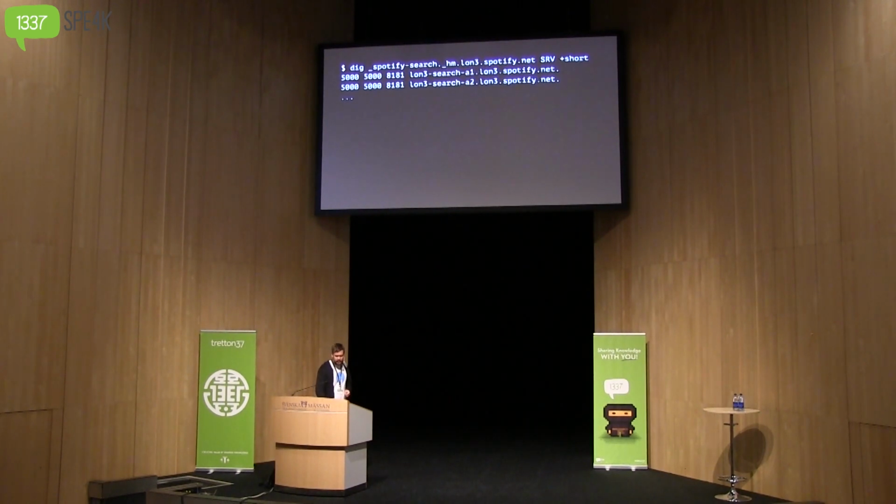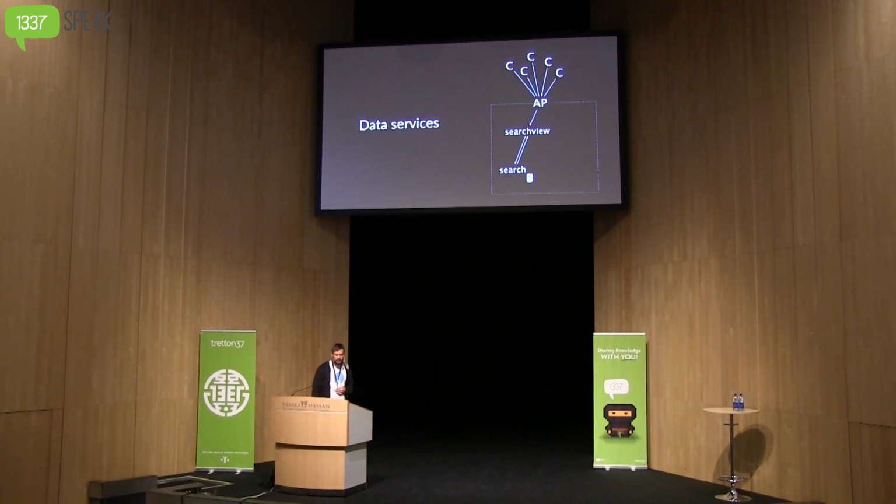So this search view aggregation service, like I said, doesn't actually do anything by itself apart from aggregating data from other services. So we need to have another step here. We have a dedicated search service, and this service knows our entire catalog, and it's based on Lucene, which you might be familiar with. It's basically a big inverted index of this word appears in this track name or whatever.